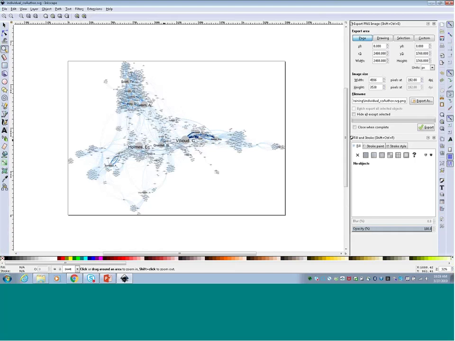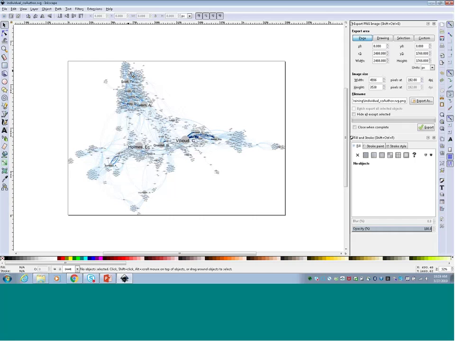So I'm just going to zoom in a little bit just to get the view to where I can actually see the whole image. I'm going to go back over here to the selection tool, and now I'm going to change some of the document properties. So you can see that there's not a lot of spacing between the edge of the page and the actual drawing. There's some other things like that that we want to just sort of tweak a little bit just to give it a little bit of white space around the image.